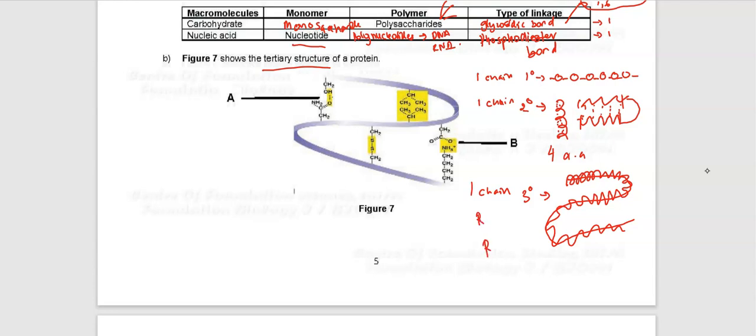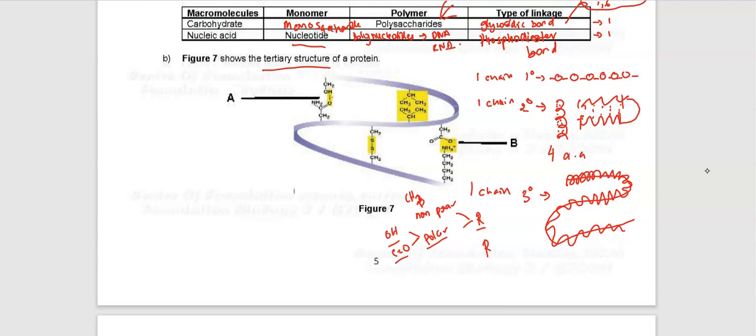So the side chain of amino acid, there are several types. You can have non-polar amino acid, where, for example, in the side chain you have the presence of methyl groups, hydrocarbons, and then you have polar side chain. For example, in the polar side chain you have hydroxyl group present, and then you can have also the presence of carbonyl group. So the presence of this